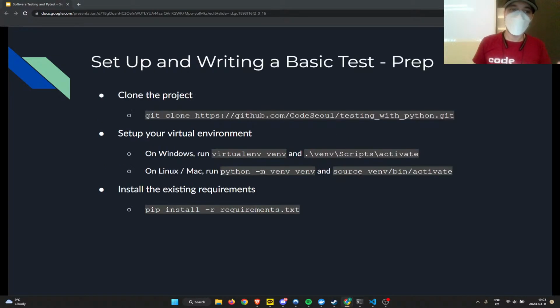So I recommend you clone this project. If you are more of an SSH clone person than an HTTP clone person, go ahead and change that. But this is just setting up a basic project. We're going to take an example toy project, and we are going to write tests together. We're going to install and configure Pytest. We're going to write some tests. We're going to organize our code. It's going to be great. I'm just buying time while you follow the instructions on the screen.